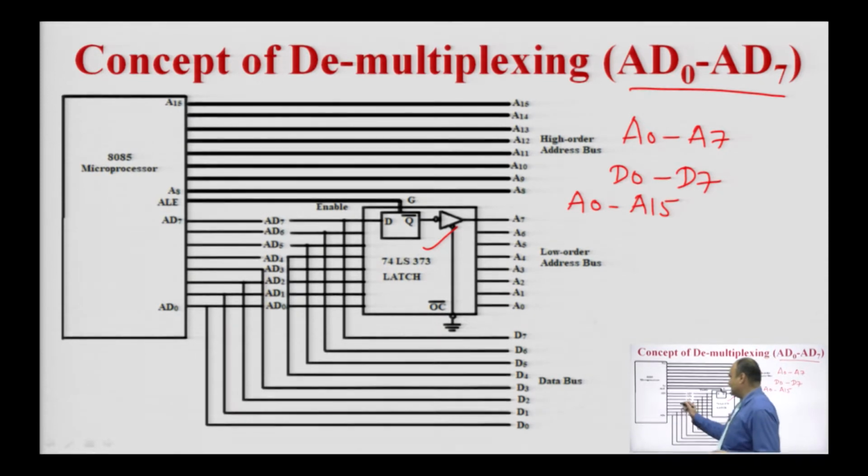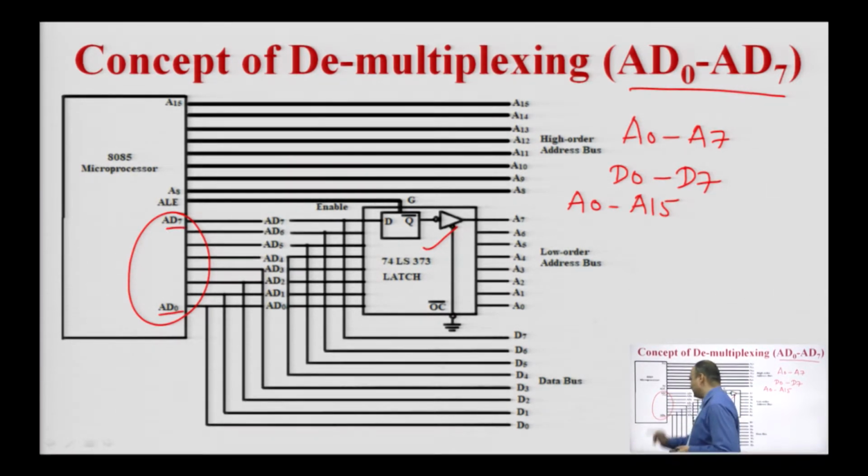So, see here in this figure, in the 8085 microprocessor we have the multiplexed address and data bus designated by AD0 to AD7. First thing is that we need to demultiplex. Demultiplex means we need to separate the low order address bus and the data bus from the multiplexed address and data bus. For this purpose we use the latch IC, whose number is 74LS373. In the T1 state of each machine cycle, the microprocessor will generate the address latch enable signal, that is the ALE signal, and with the help of this ALE signal the microprocessor will enable this latch,